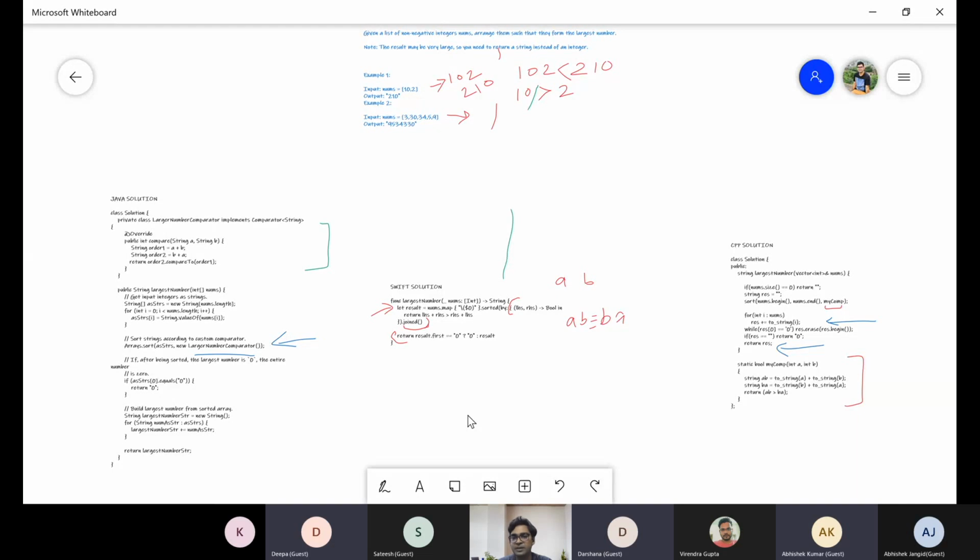So you need to be very specific while you are explaining the time or space complexity. Try to give the complete perspective. That would be really helpful for your interviews also. Okay. Shall we move to the next question?